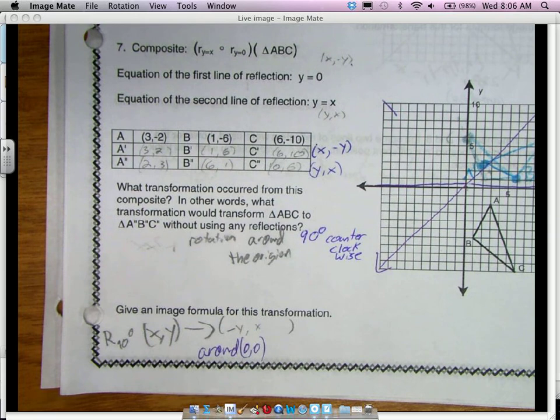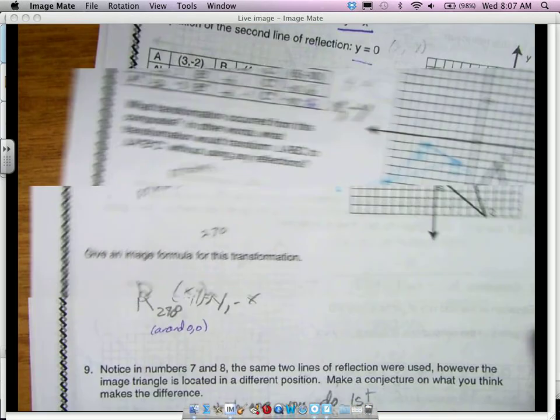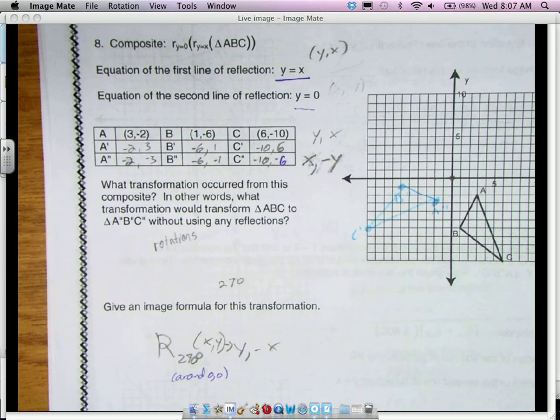Do you guys need another second? You gotta tell me to slow down because I don't know. There. Number 8, we've got y comma x and y equals 0. So we had to write down both the image formulas next to it. We got negative 2, 3, negative 6, 1, negative 10, 6, negative 2, negative 3, negative 6, negative 1, negative